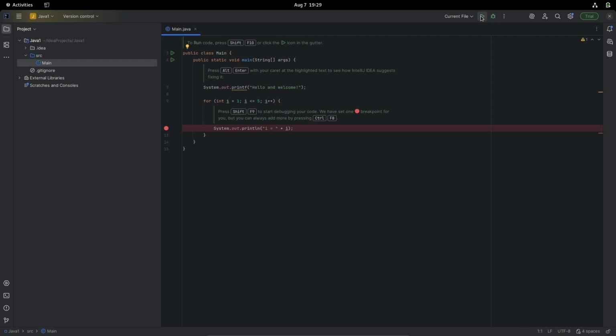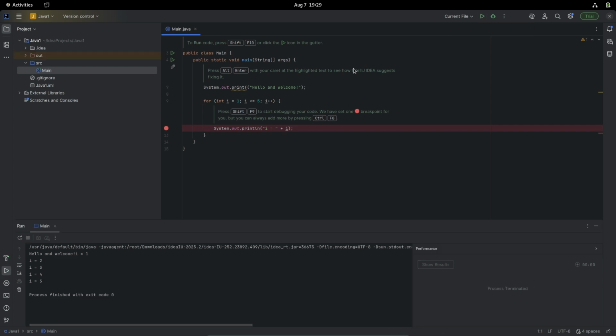The process is completed. Let's click on run. So this is running the Main.java project. The build succeeded, and according to the given code, it's returning the output. So System.out.print, hello and welcome, is displayed there. Then the i value starts from 1 and prints 1 by 1, and the condition is 5, so till 5 times. So this is how we can install